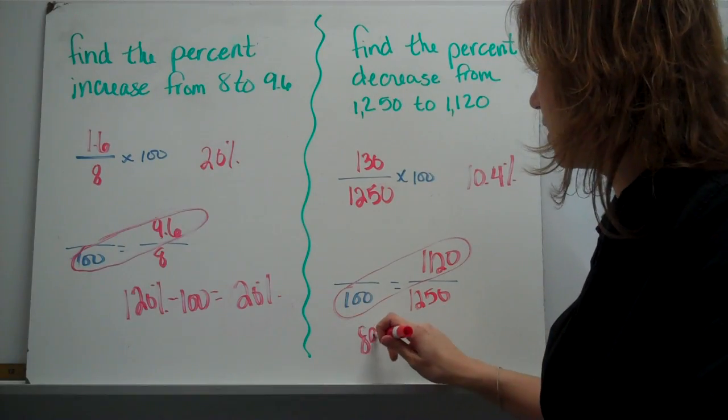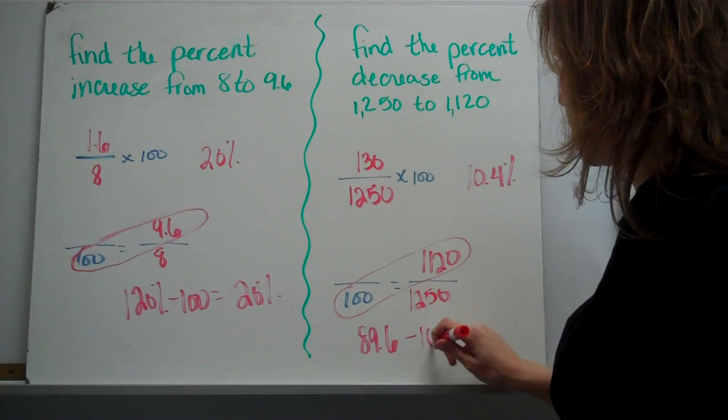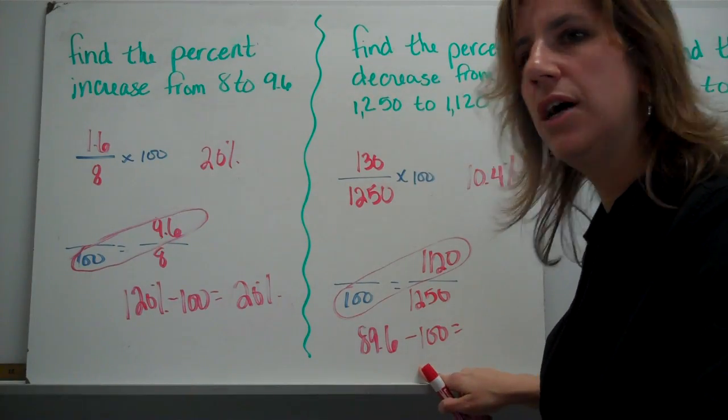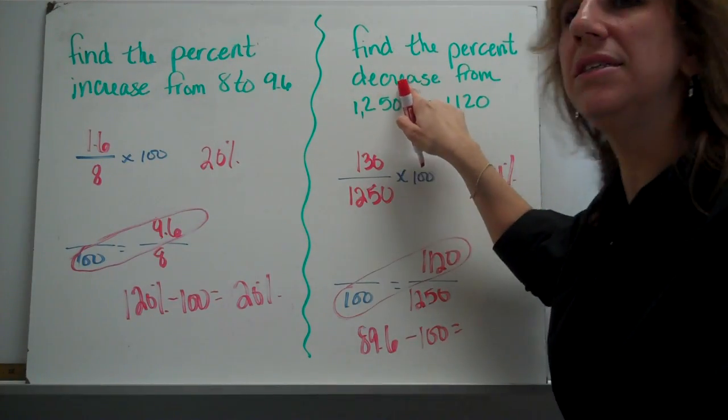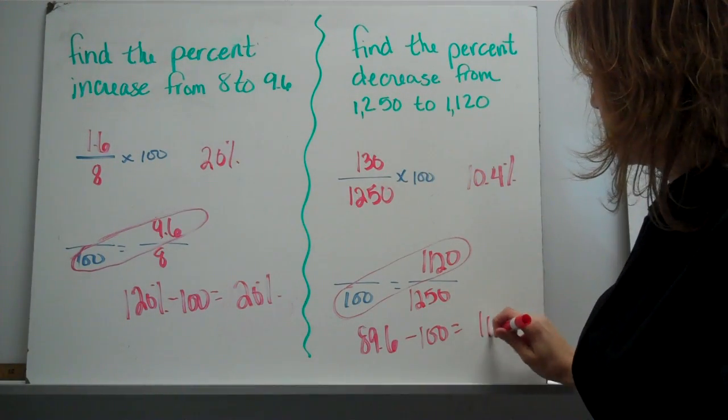Did you get 89.6? Don't forget, there's one more step. Subtract 100. This is less than 100 because we're going down. It's a decrease. It's less than 100. So you should get